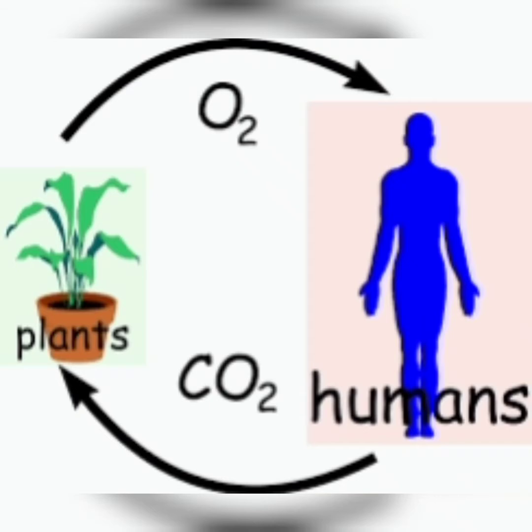Human beings absorb atmospheric oxygen from the air and breathe out carbon dioxide to the atmosphere. We inhale atmospheric oxygen and exhale carbon dioxide. The atmospheric carbon dioxide is absorbed by the plant, and they liberate oxygen by the process of photosynthesis. In plants, the gaseous exchange takes place through the opening and closing of stomata.